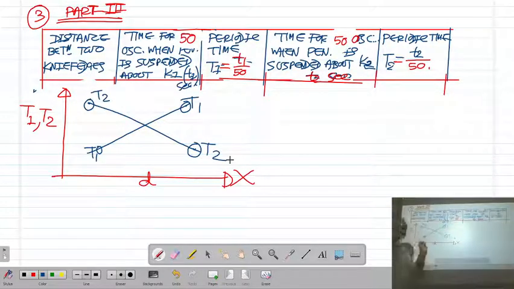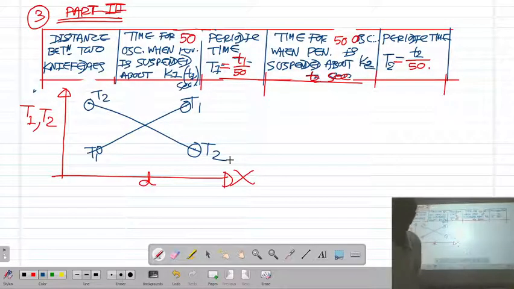This way. So let us take distance d between two lines on the x-axis, d0 plus 2, 80 centimeter, and d0 minus 2, 76 centimeter, and periodic times T1 and T2 along the y-axis. Okay? So you will have 4 points: T1, T1, T2, T2. Connect T1, T1, and T2, T2.